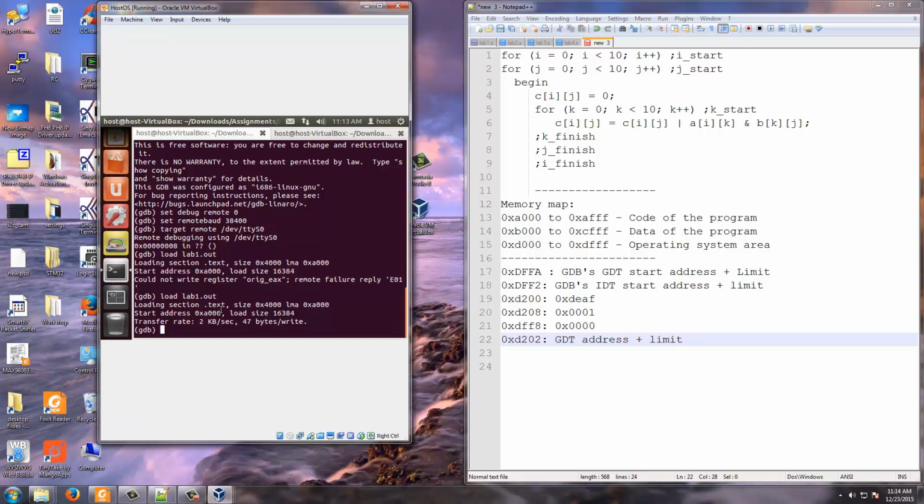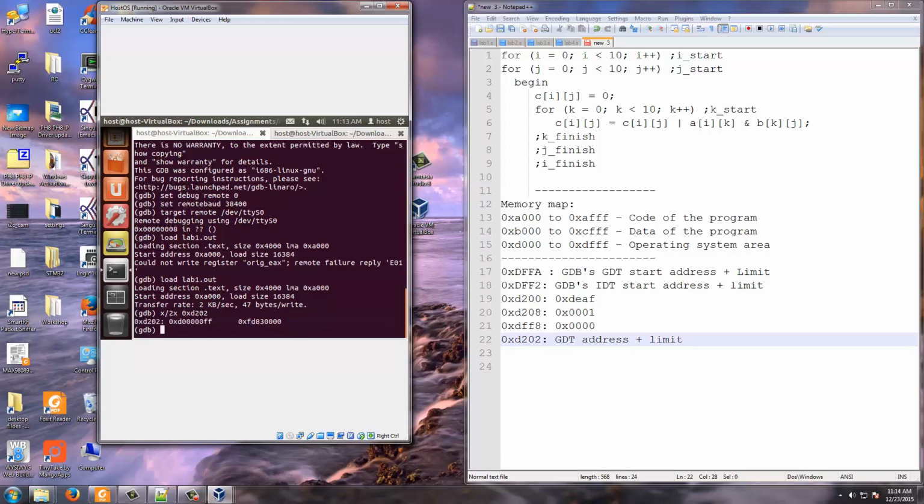Okay. Now let us go and find out. So go back to this window here on your left hand side. Let's say x slash, now that is 16 bytes, so 4 plus 2, 6 bytes. So x slash 2x 0xD202.